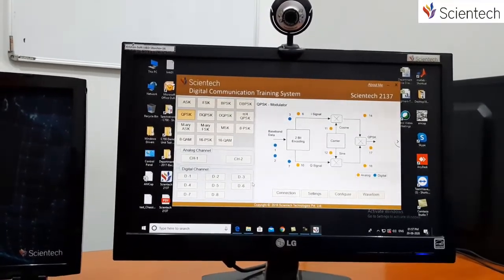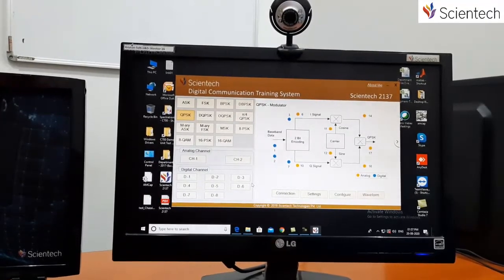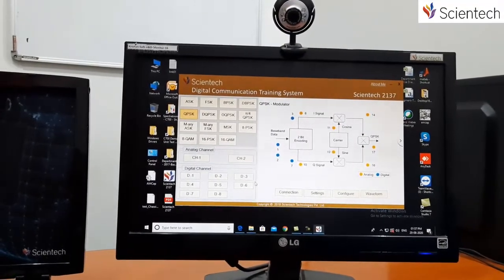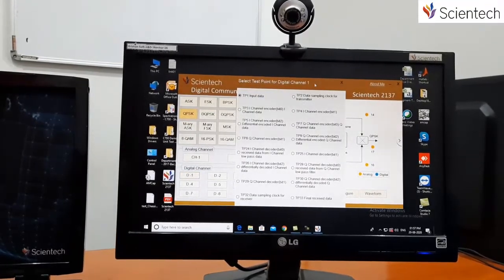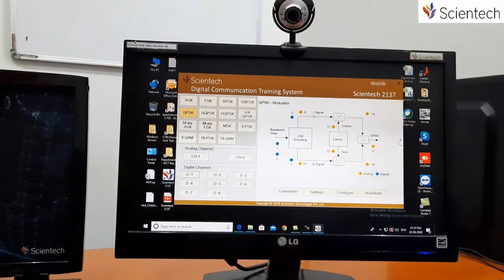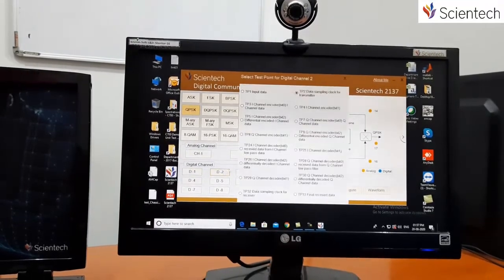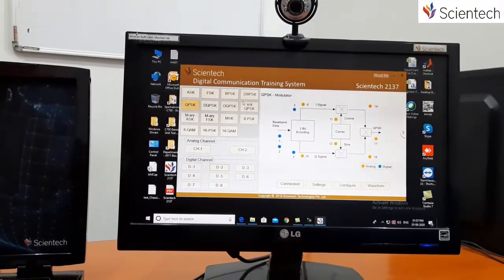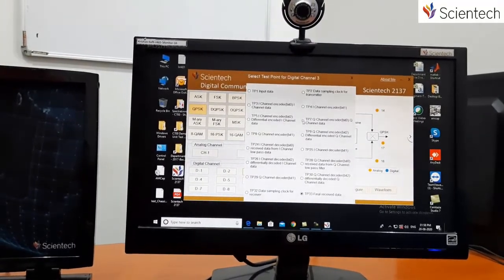So you can select the signals. Let's say select, for example, the I data first. Let's select the data at D1. Then let us select the I channel, that is test point number 3, and the Q channel, which is test point number 7.